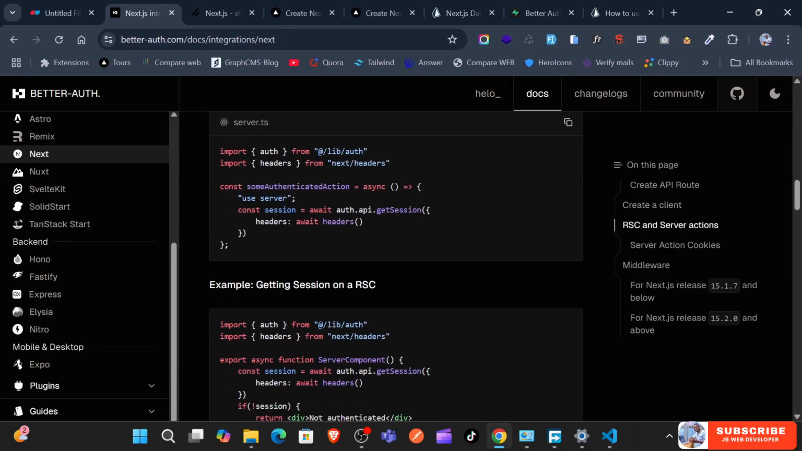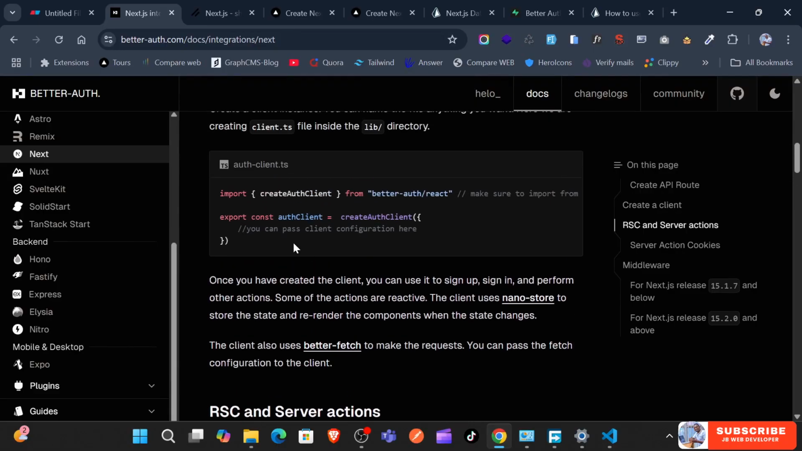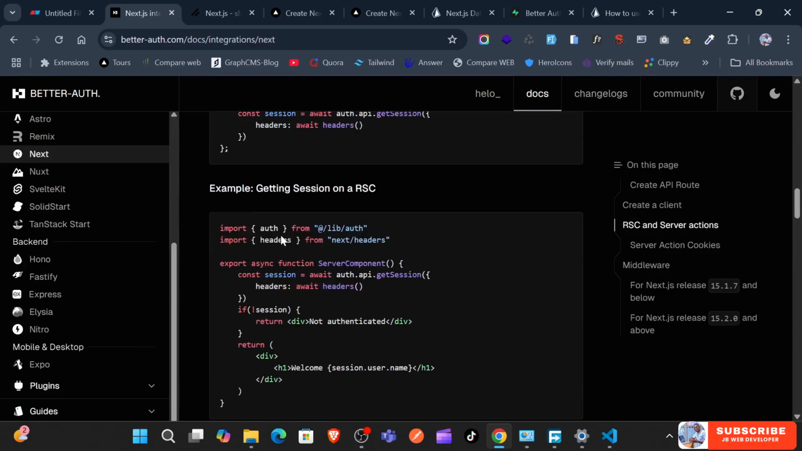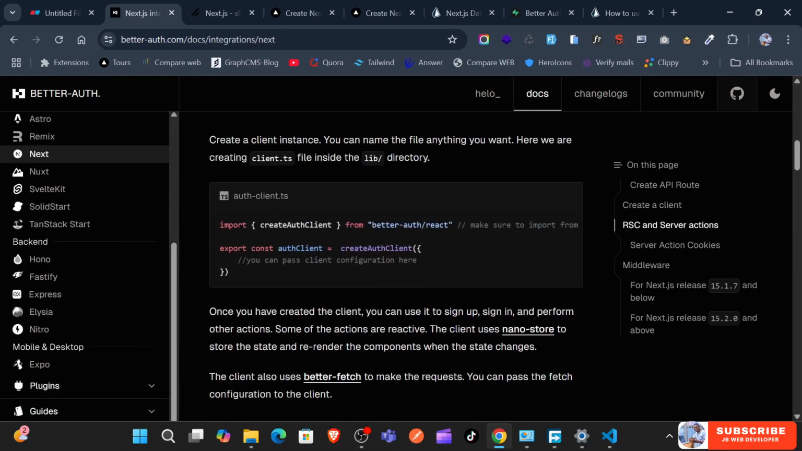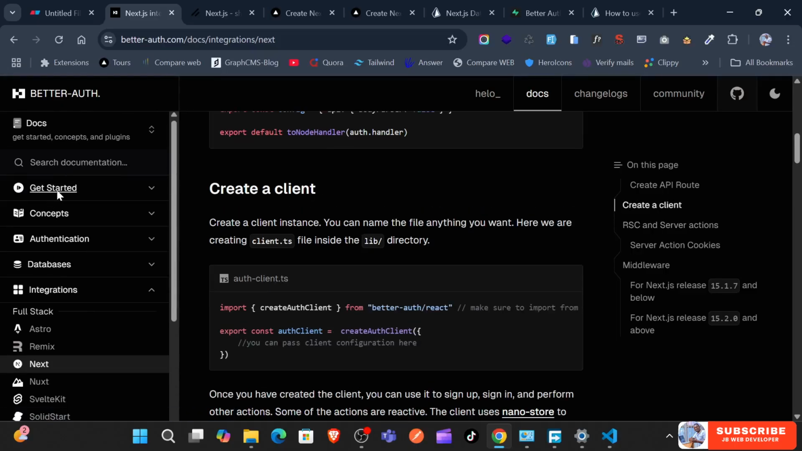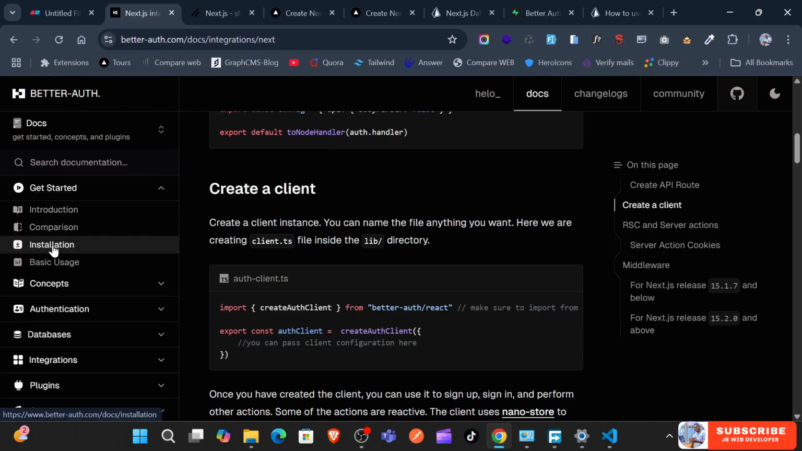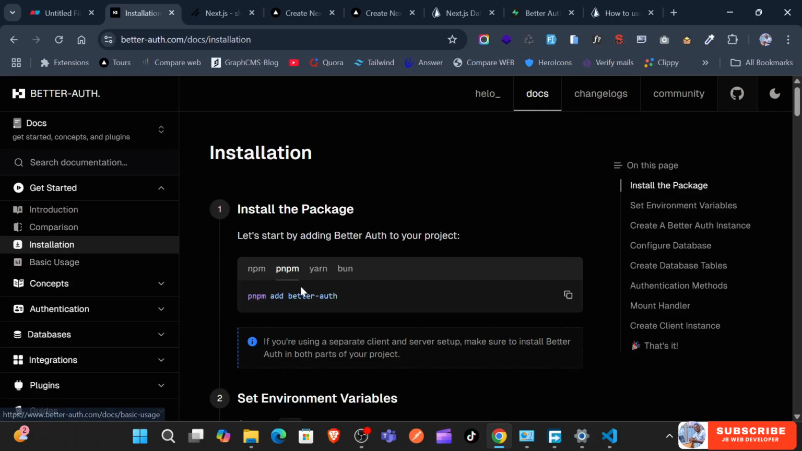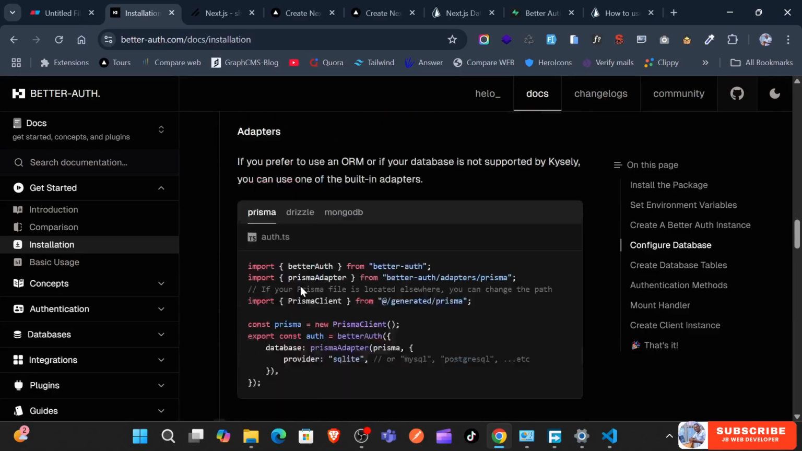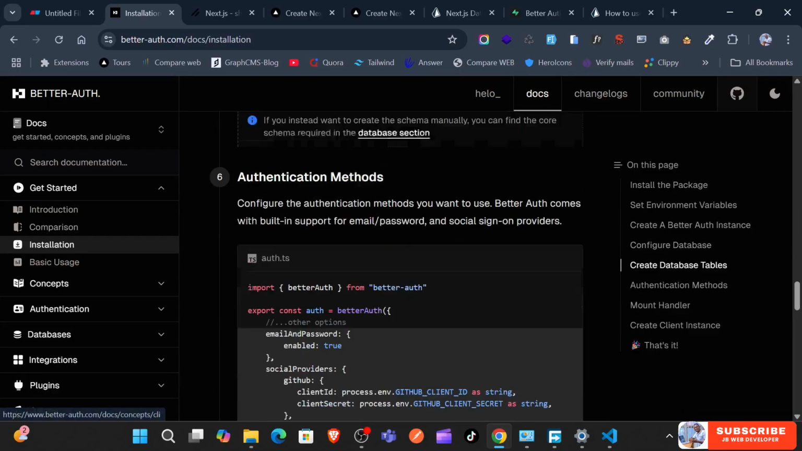Now, this here is not yet finished. What you put in here is actually the base URL. So here is not done nicely, but if you just go back to the get started under the installation, if you scroll down here,